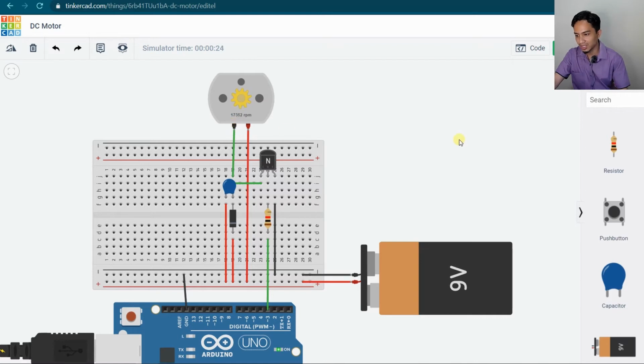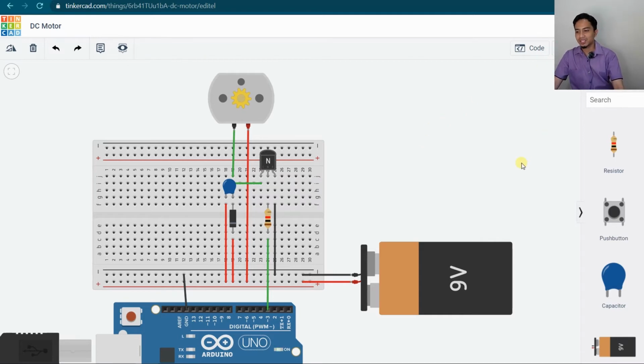It reaches the maximum RPM, and then it will start to drop slowly until it reaches 0. That's it. So that's how you do it. I think it is very easy, because there is no new coding shown here. It's just the same coding as in the PWM, in how we brighten up the LED and then fade out the LED slowly. But now we just increase the speed of the motor and we reduce the speed of the motor